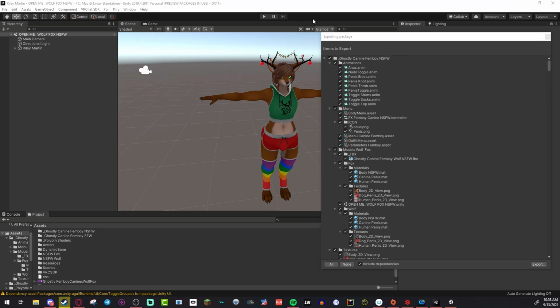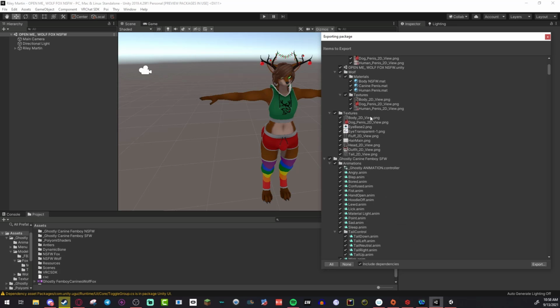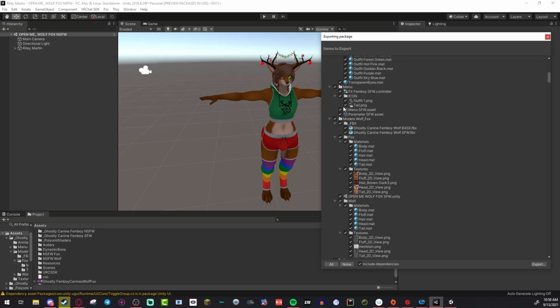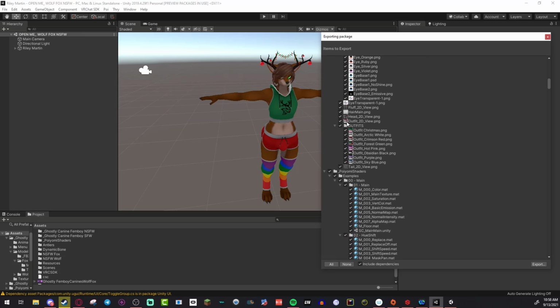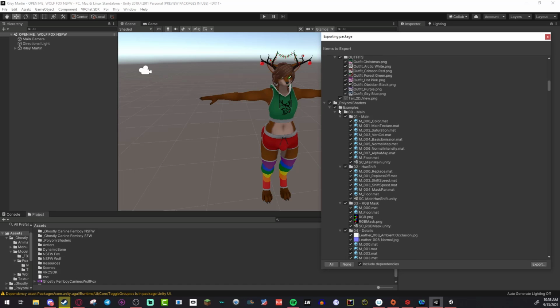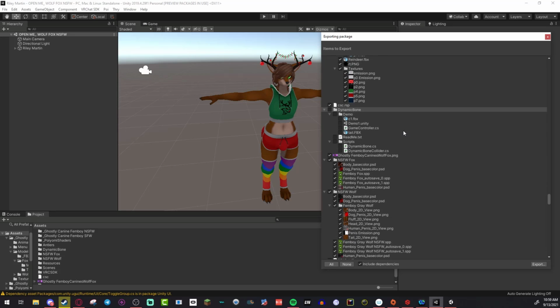So what you want to do is export the package. You go to Assets, Export Package. And then there are some things you don't want to export, and that goes for anything that has VRChat stuff in it. So that includes dynamic bones. Don't export the dynamic bones, because VRChat dynamic bones do not work with LIV,